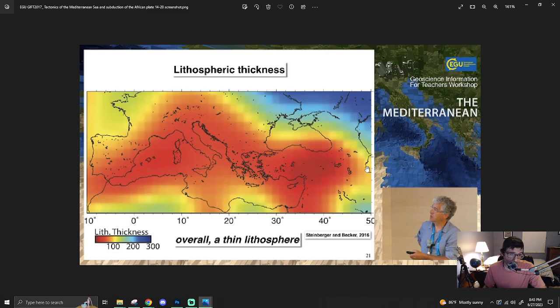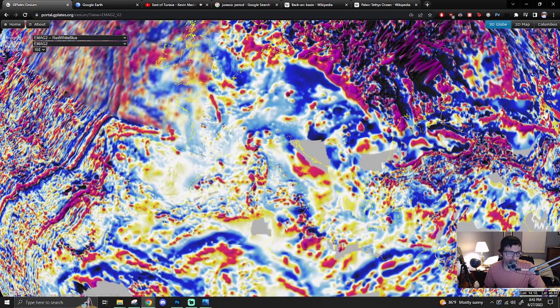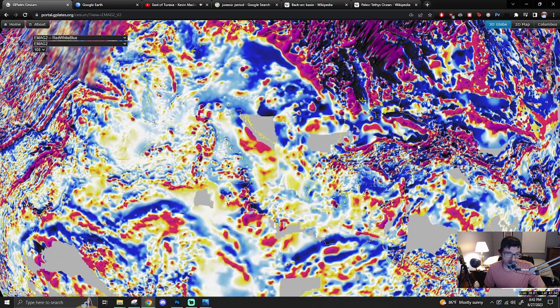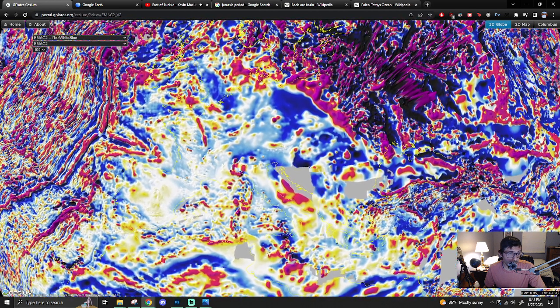It has to be overall thinner in this regard. I would say the thinness, especially here, from the Black Sea through to